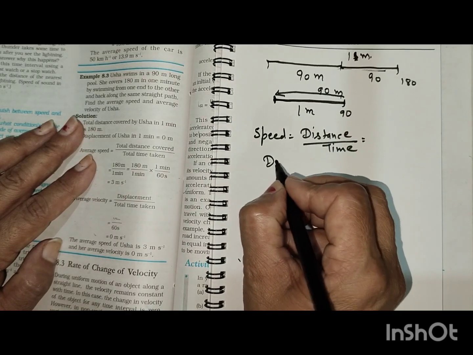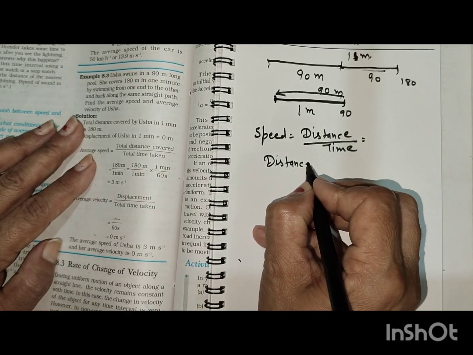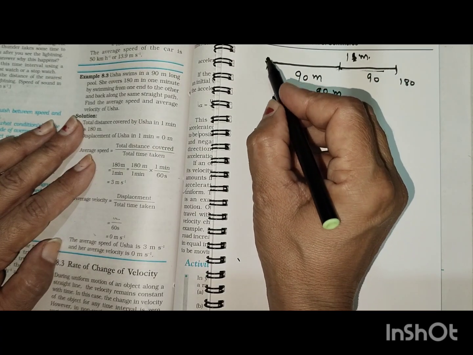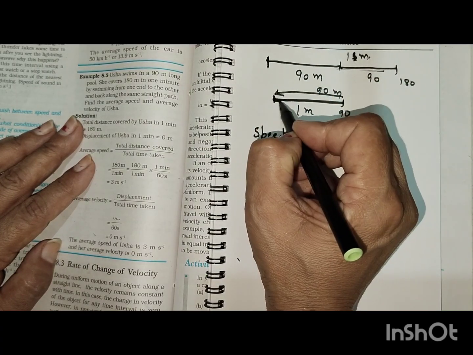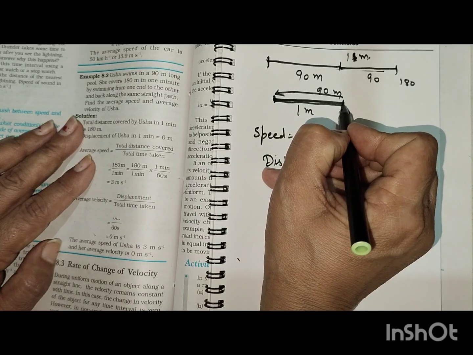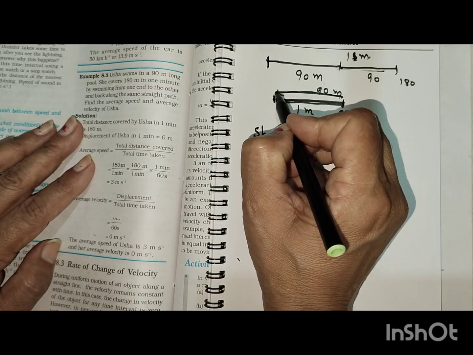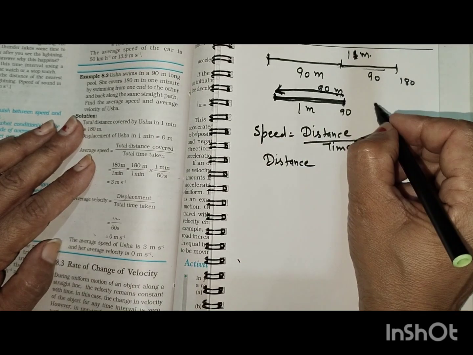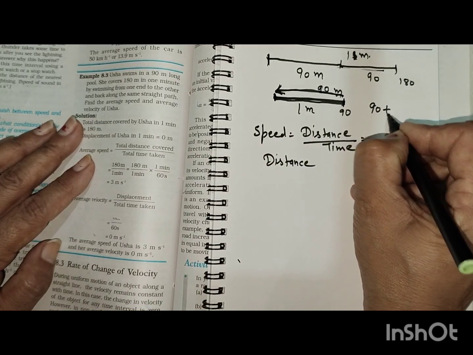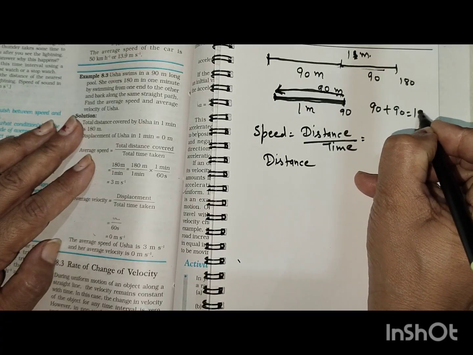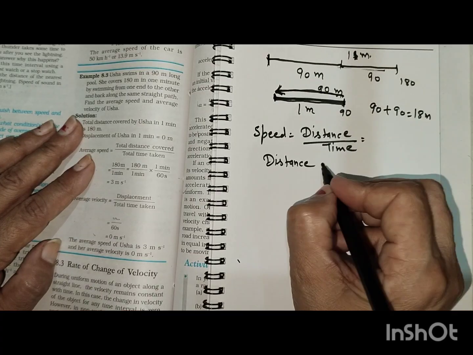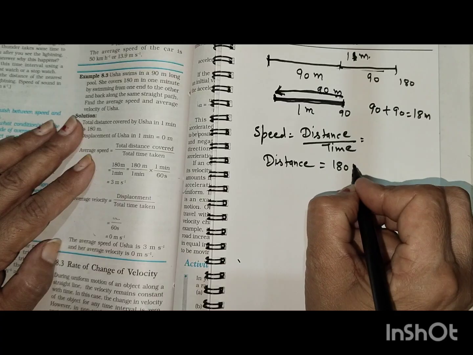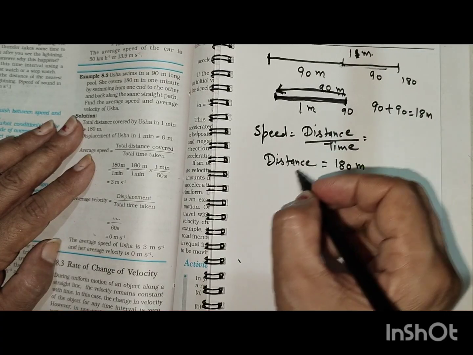Now here the distance. First she starts from the starting point and moves 90 meters, and then again comes back to the same point, 90 meters. The total distance is 90 plus 90, which is equal to 180 meters. Then the distance covered by Usha is 180 meters, and the time is